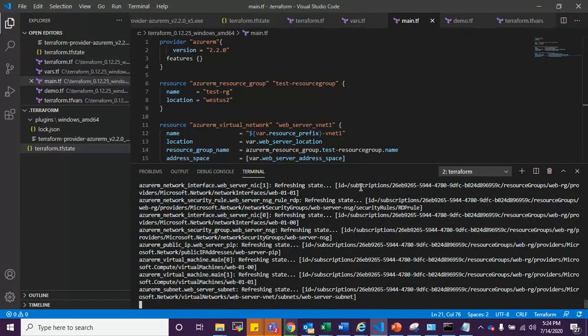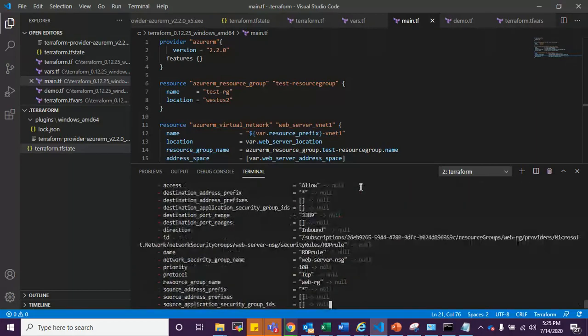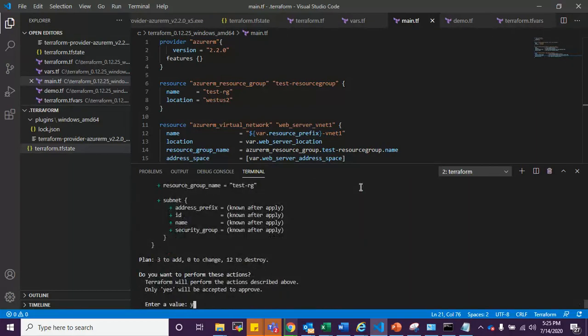This takes some time. Let's wait. I'll enter the value as yes, confirming to proceed.